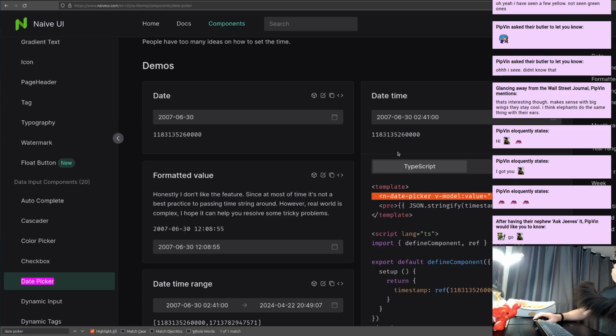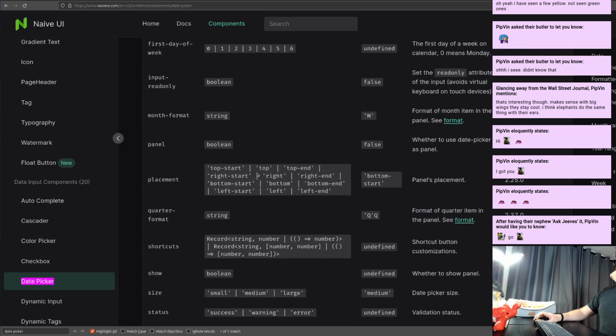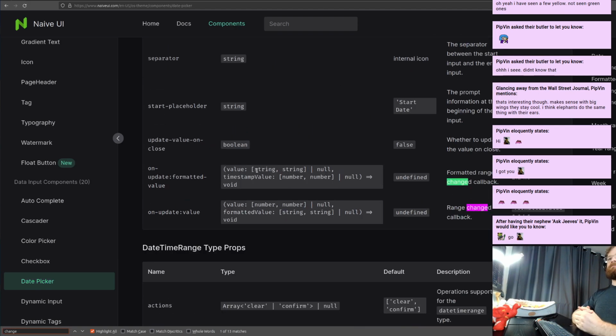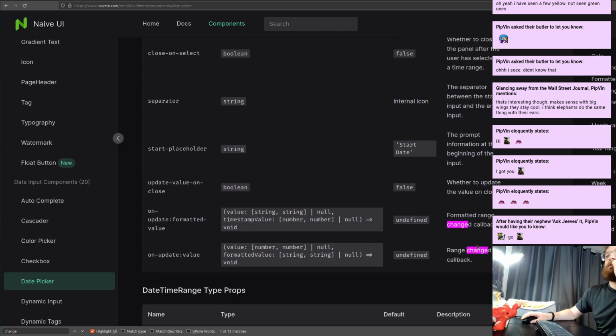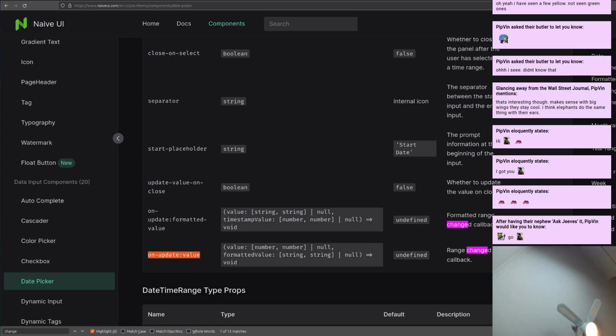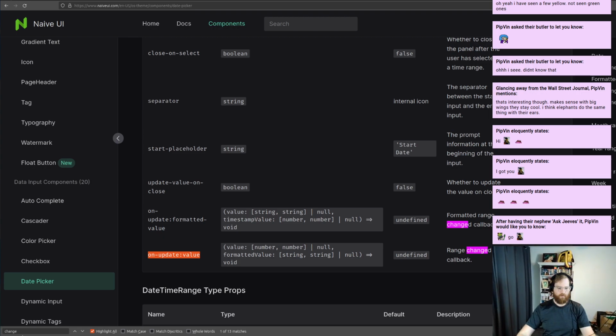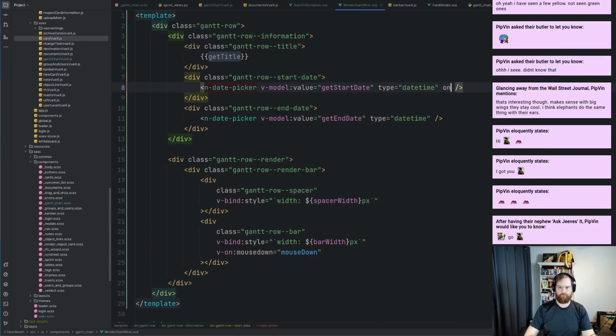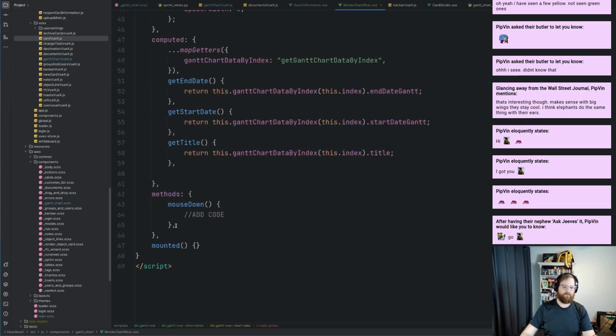All right, get start date. Return this.ganttChart, this.index, start date Gantt. All right, easy done. So there's our 3 bits of data that we want so far that we're putting into here. Okay, now the next thing I need to do is on change. So on updated. Format range, callback, on update value. So what I want to do on update is I'm just going to see if this works. Update start date,